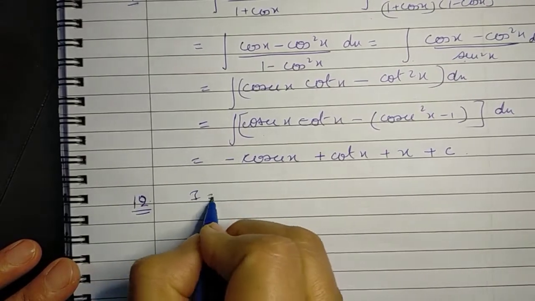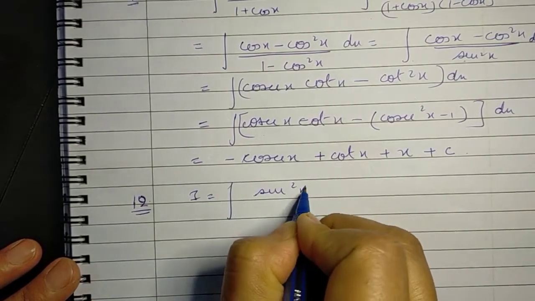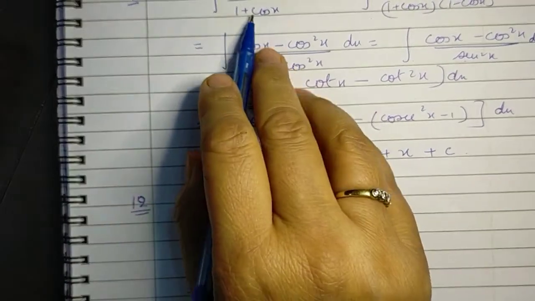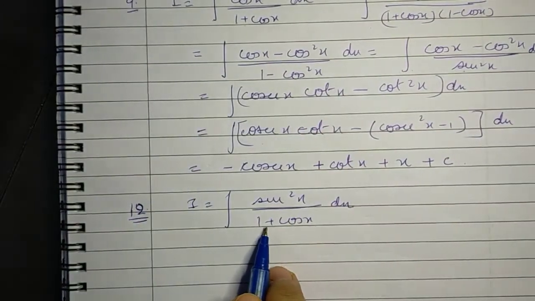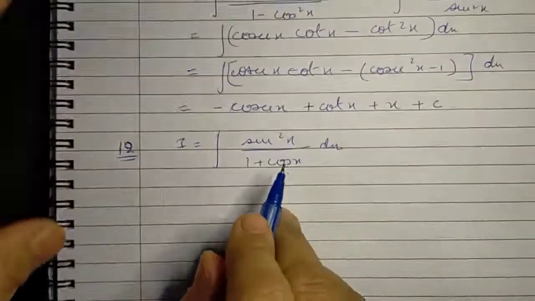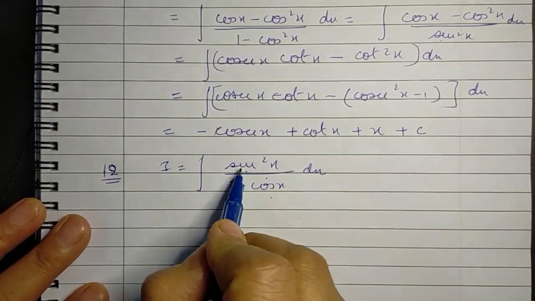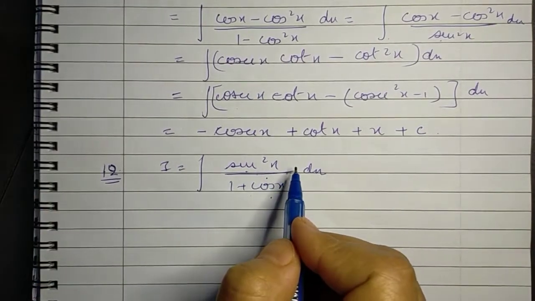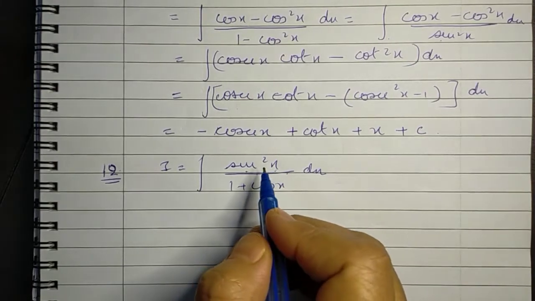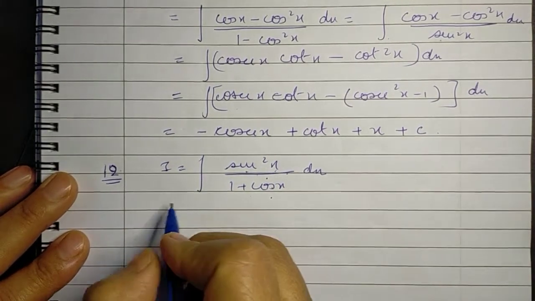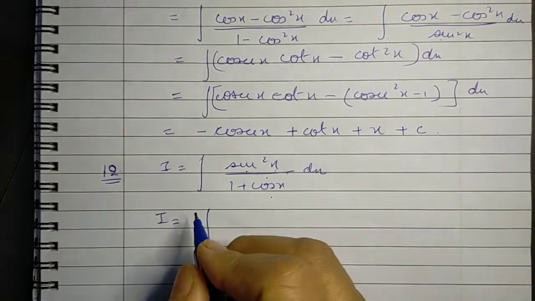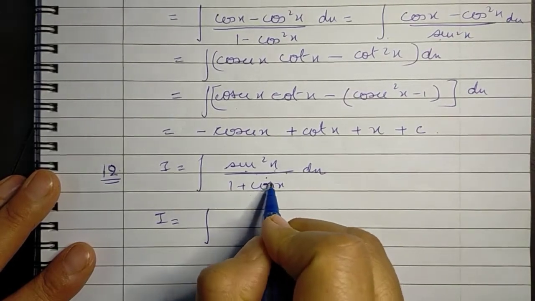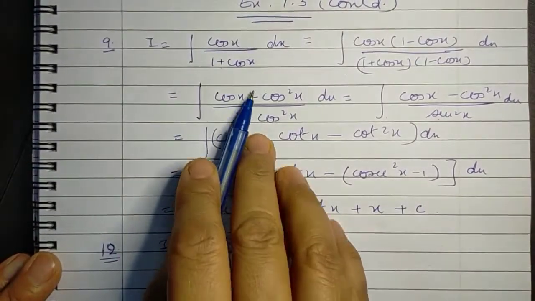A similar question is question number 12. If we take this one, what we get is sine squared x over 1 plus cos x dx. We could have done it the same way as this question, that is by multiplying and dividing by 1 minus cos x. But here if we notice, we also have a sine squared function. So converting this into 1 minus cos squared x will be a much faster and simpler way of doing this question. So we always try to go by the method which is simpler and faster, though we could have done this question the same way as the above question.